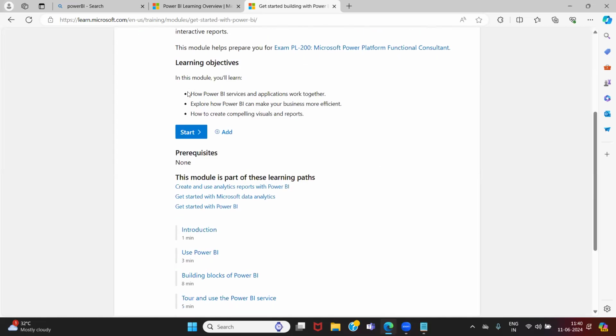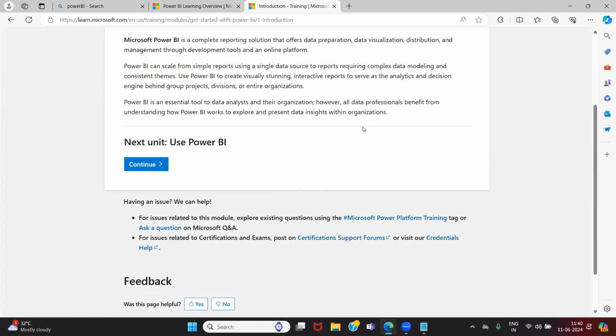Learning objective: how Power BI services and their applications work together, explore Power BI, make business more efficient, and create compelling visuals and reports. So let us start the documentation. If I start the documentation, you can see